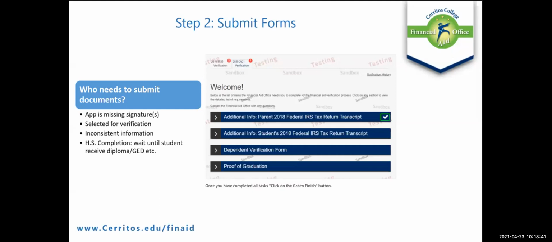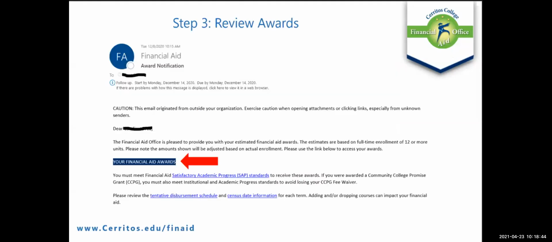All righty. So once you've submitted your tasks, the next step would be to receive your financial aid awards. As I mentioned, during our busy times, it can take 4 to 6 weeks to process your documents. So during that time, you do want to continue to monitor your email and your student portal. Once you see those to-do list items fall off, that's when you know your financial aid package should be coming up in the next week or so. We award financial aid over the weekend, so usually it will show up in your email the earlier part of the week.